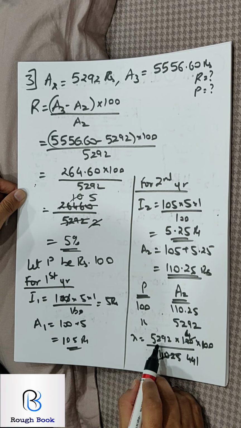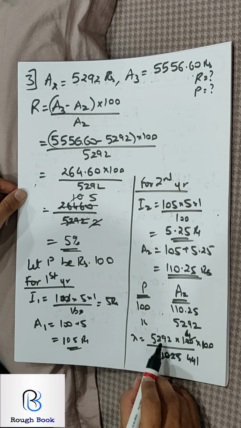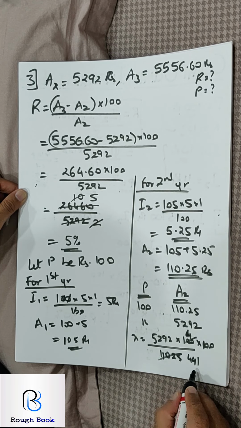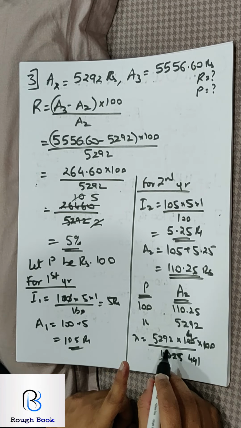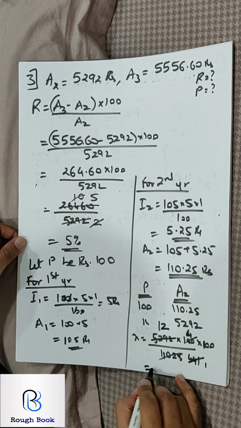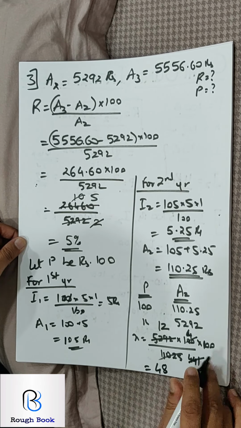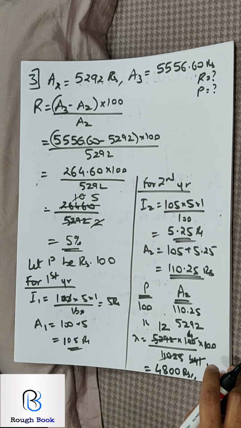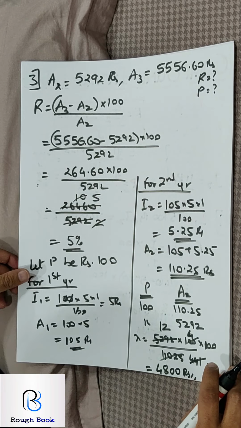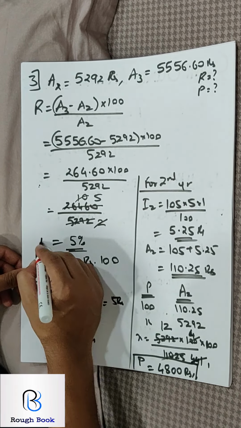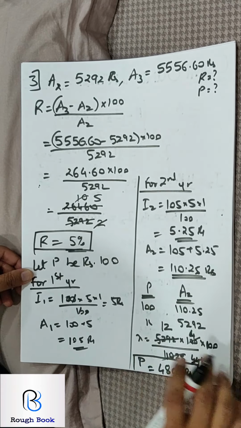So this can be divided by 7, or maybe 441 directly also we can try. Can I try 441 12 times? 12 ones are 12, 1 carry 48 and 1 49, yes. So 12 4s are 48 and 2 more zeros, so that gives me 4800. So I got my principal as 4800 and I got my rate as well as 5%. So we managed to get both the answers.